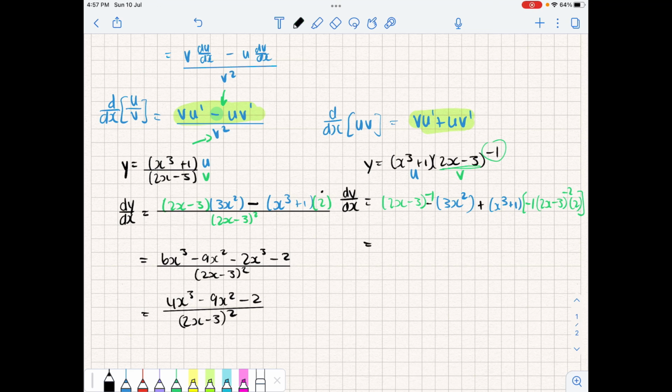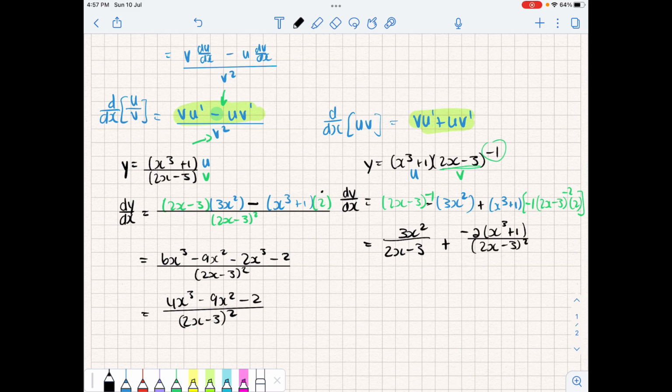So here I have this minus 1, I'm going to send it back to the denominator. So we have 3x squared all over 2x minus 3, plus 2 times x cubed plus 1, all over, minus 2 times x cubed plus 1 all over the denominator